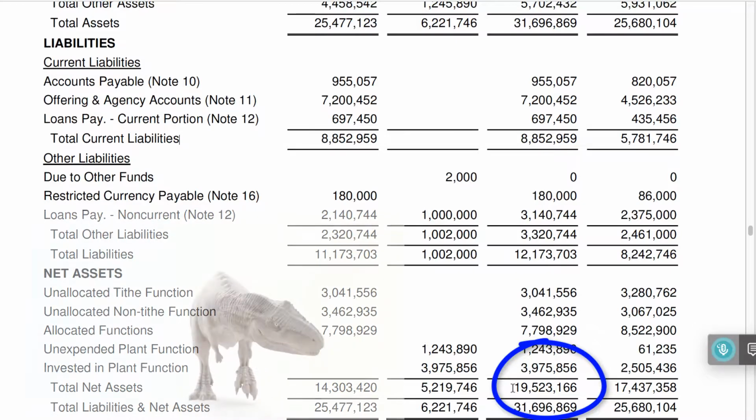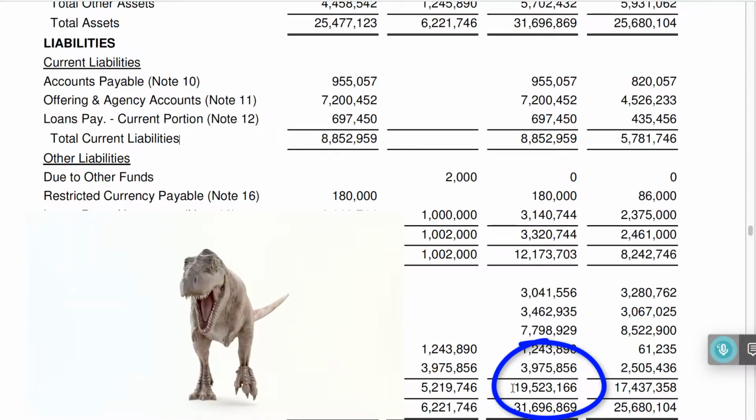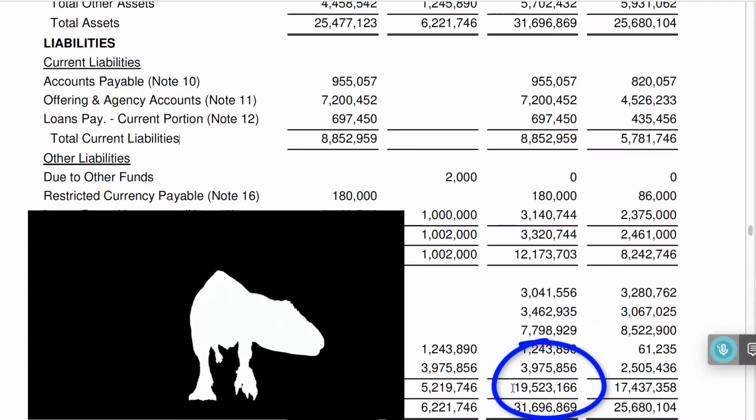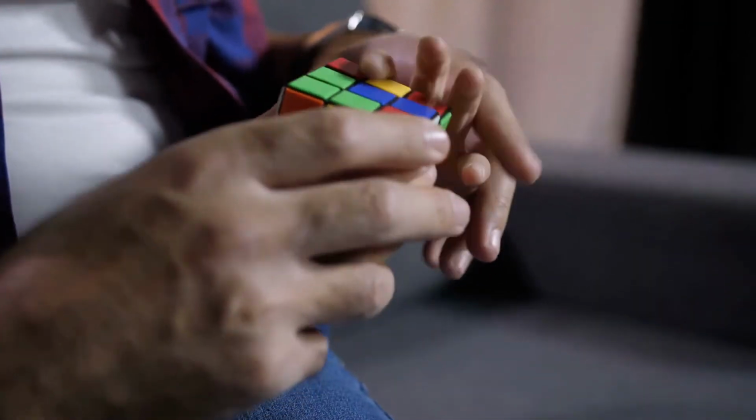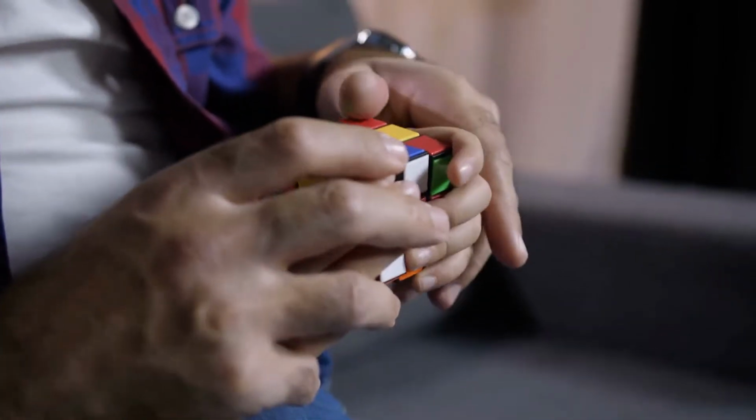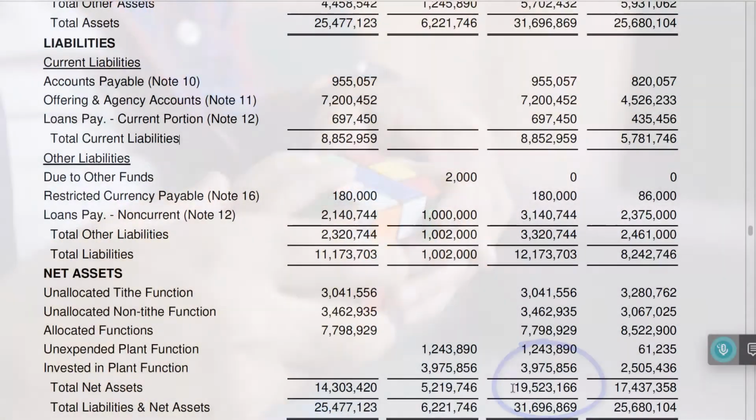The church has created a little monster of complexity that we have to tackle. We do need to spend a little bit of time to sort things out. It is the most complicated thing in this entire video series, so just fasten your seatbelts. We can do it. We're putting labels on the net assets to help us be good stewards.